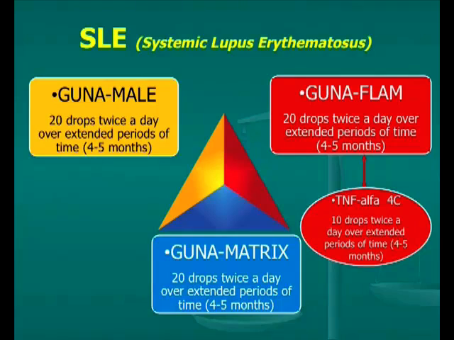masculine hormone. Finally, small amounts of tumor necrosis factor alpha are extremely important to this disease, stimulating the Th1 aspect and consequently helping to restore the balance of the immune system. This is a great novelty because it is one of the very few circumstances in which such an important inflammatory cytokine as tumor necrosis factor has a therapeutic role instead of a pathogenic one. We shall use 10 drops of tumor necrosis factor alpha 4C morning and evening, again for extended periods of time.